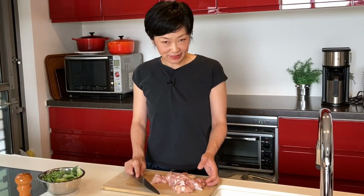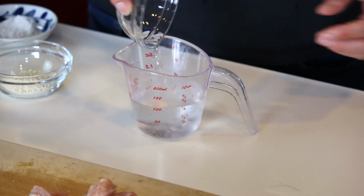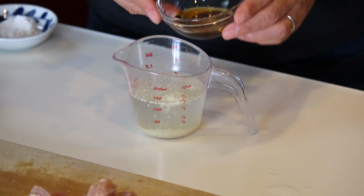Okay, all the cutting is done. So let's make the seasoning mixture. Prepare 100 ml of water and add all these seasonings. Sake, mirin, the soup stock, sesame oil,